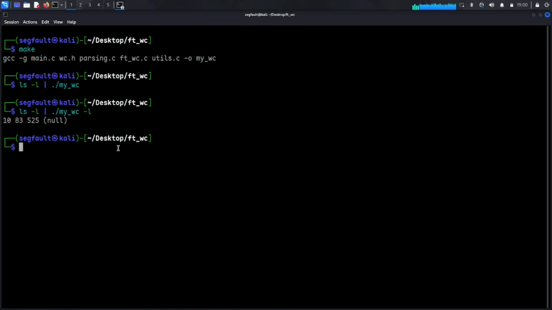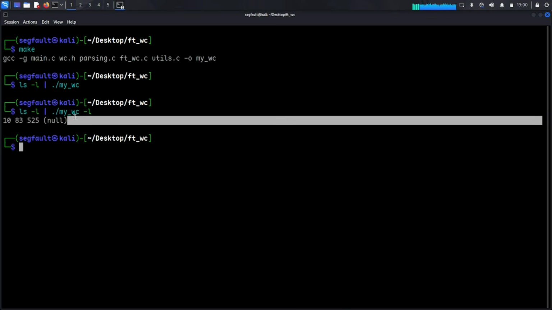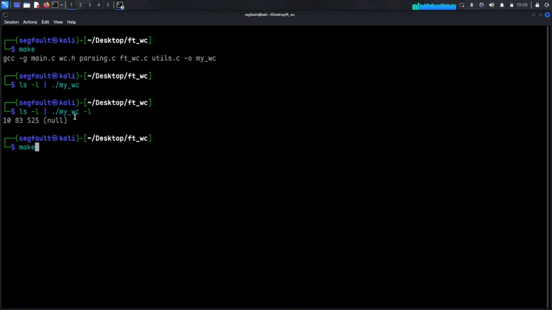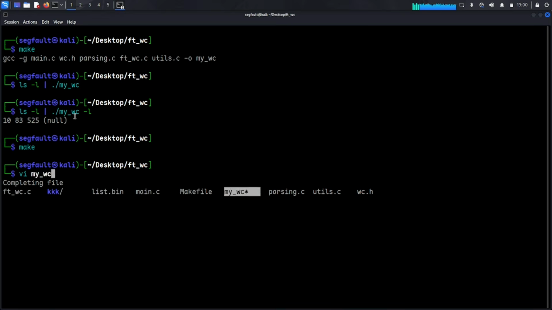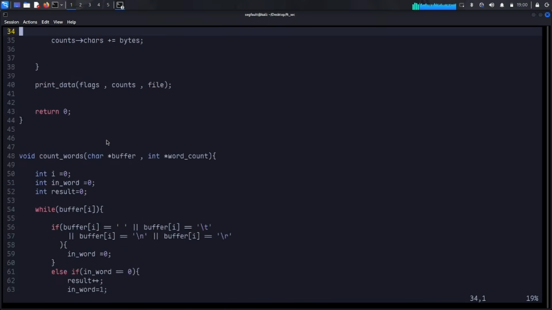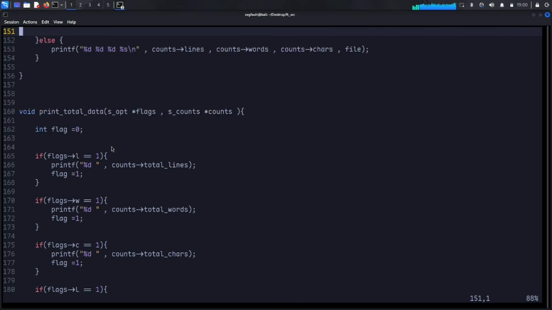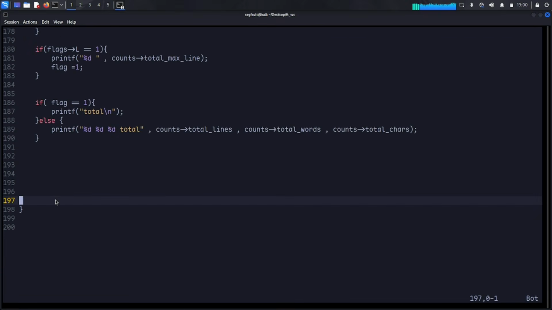What? Alright, this is the problem, null. This is the problem, guys. You know what, I'm going to print it manually, or let's say I'm going to add another function. Let's call it here void print stdin, like this. Alright, it's going to take